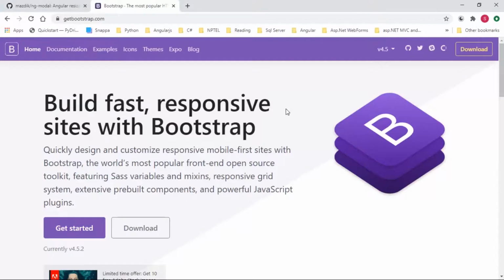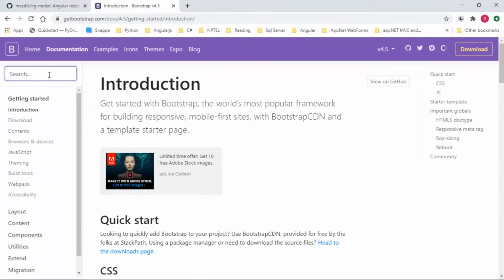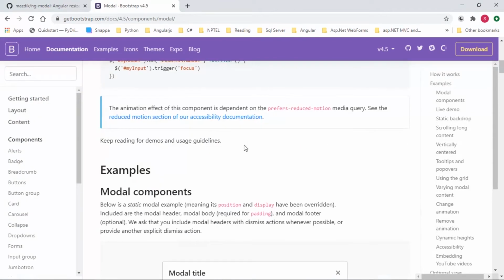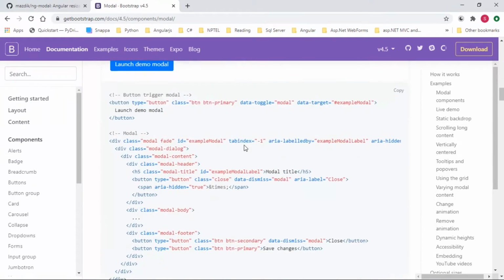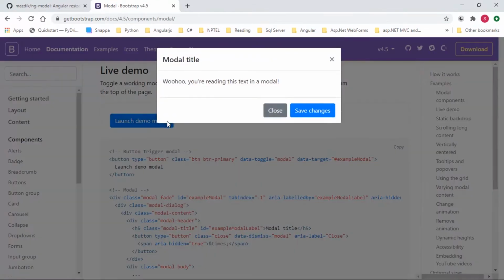The same thing can't be achieved with Bootstrap. This is the official page of Bootstrap; I will go to examples, then home, click on get started, and here let me open the Bootstrap modal for you. Here you can see there is a demo for the modal. When I click on it, a modal appears. It has a nice, sleek design and a bit of animation.